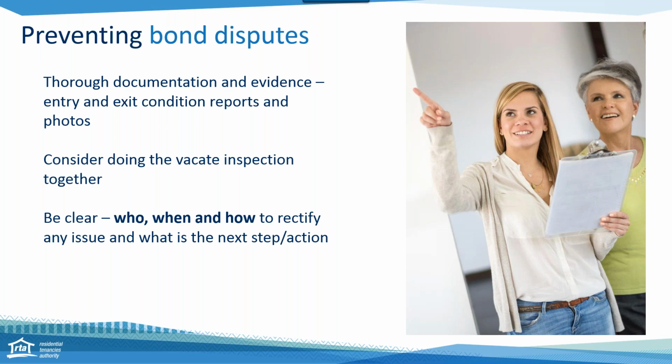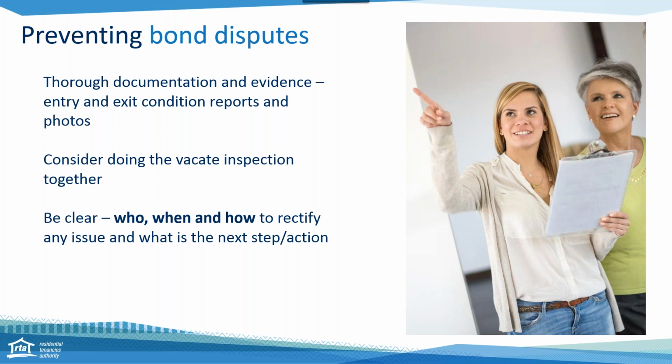We often do hear from tenants that the inspection was done and that they never heard anything back to say that there was a problem, or that they were advised that they'd get their bond back. The next thing, there's a claim on the bond. So again, it's really important that you do communicate after the inspection has been done.